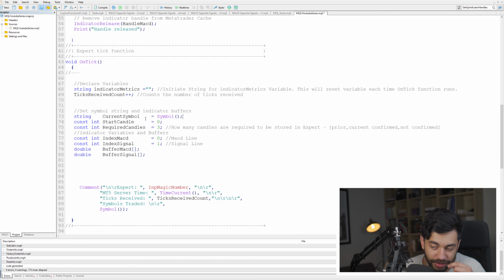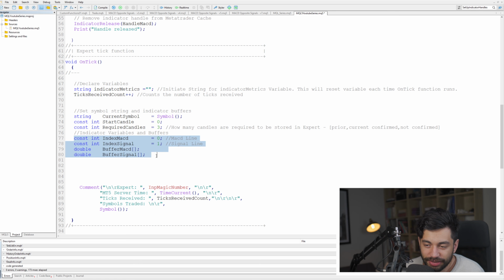So current symbol is just a generic one. We don't actually need it, but what we do need for copy buffer is the start candle and required candles. And then down over here, we've got our indicator variables, which is indicator MACD, index MACD, index signal,